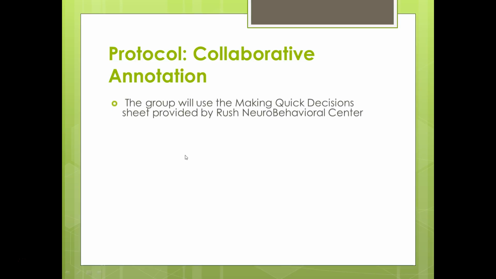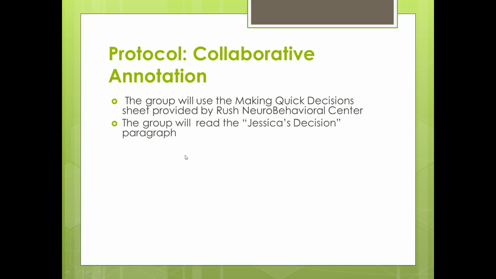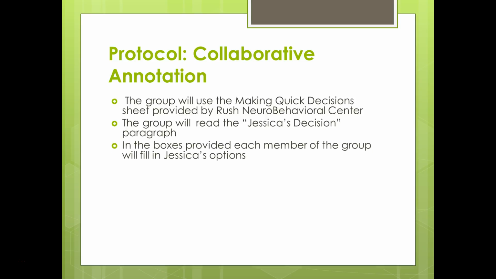So what I did, or what you could even do in a group setting with students, is allow for collaborative annotation. So in the case of the document that the Rush Neurobehavioral Center provided, they give a reading on Jessica's decision, and I won't read it to you, but basically Jessica has this desire to be popular. She's been asked out randomly in the hallway by a boy. She instantaneously says yes. Without thinking or remembering, she actually had a prior commitment after school, and then the idea is, what should she do? Should she then break the date with the boy? Should she just no show to her previous commitment? And walk through those